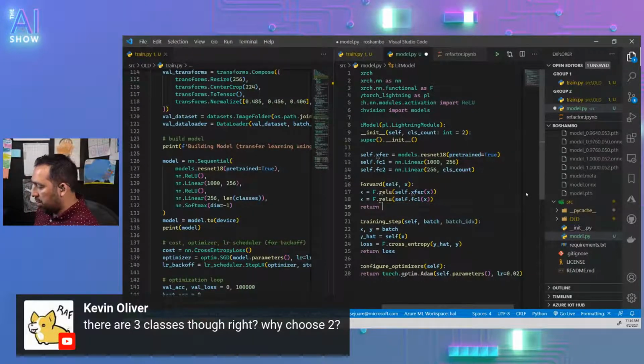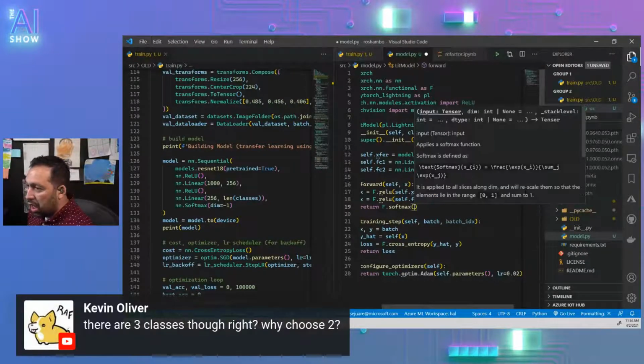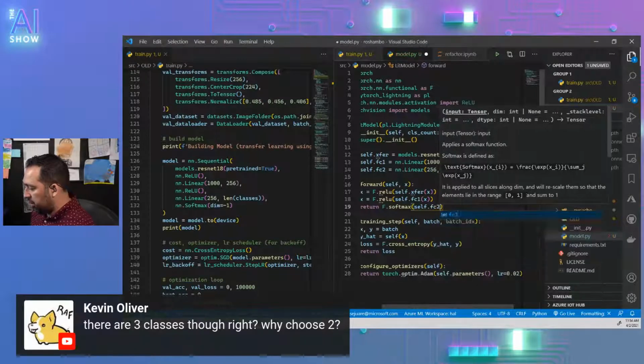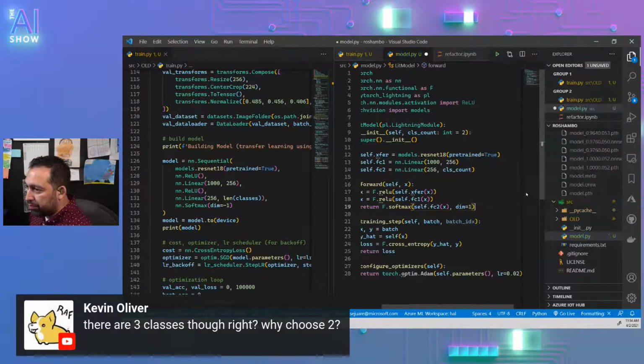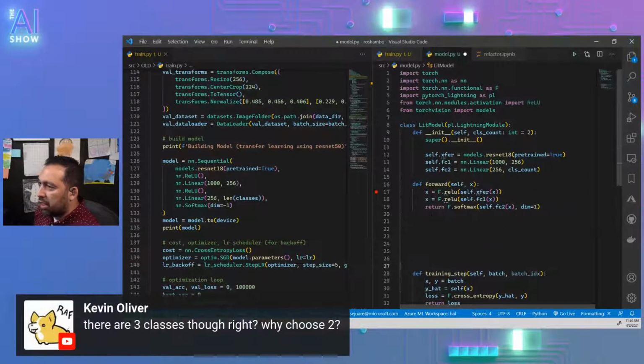So return f.softmax of the self.fc2 of x along dimension 1. Whoop. Okay. So now what you're seeing is, let me get this out of the way, ignore this bit right now. We're still not looking at this. So in theory,